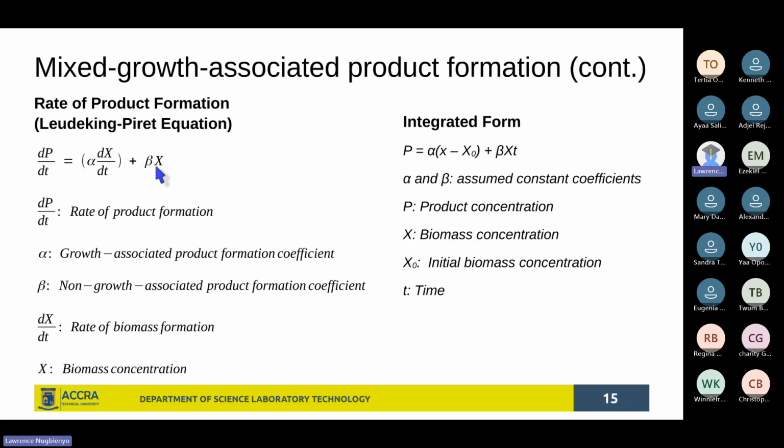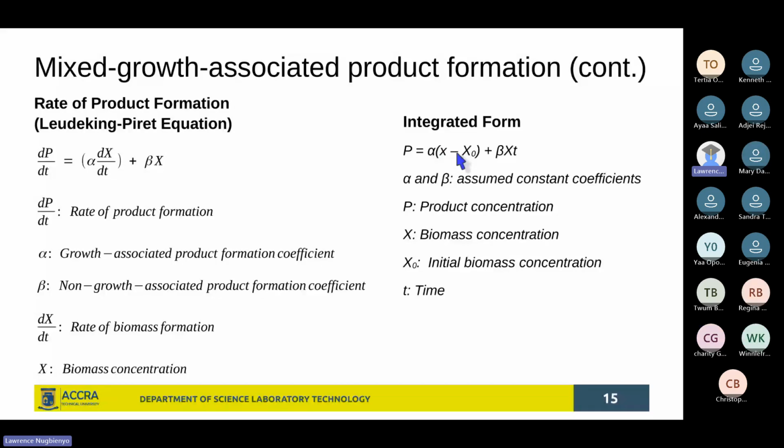Clearly, this can also be written in the integrated form, much simpler form, where you have the product concentration being equal to, say, alpha, which is the growth associated yield constant,